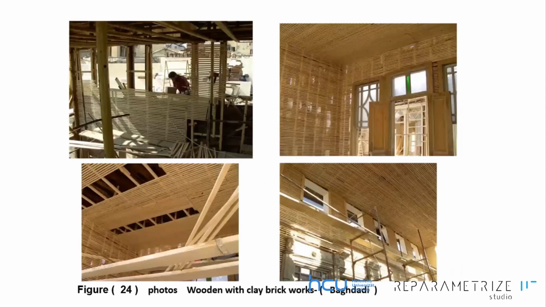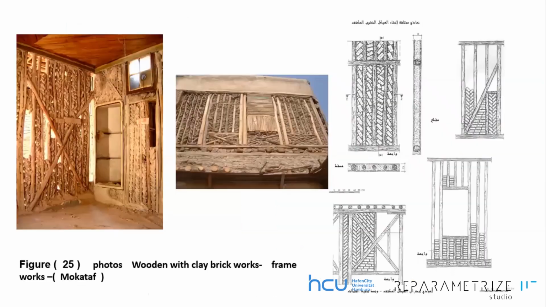This piece is about 5 centimeters, and 1 centimeter between every piece is filled by plaster to make it stronger. So we can see here the framework with the mud brick filling between the wooden beams,